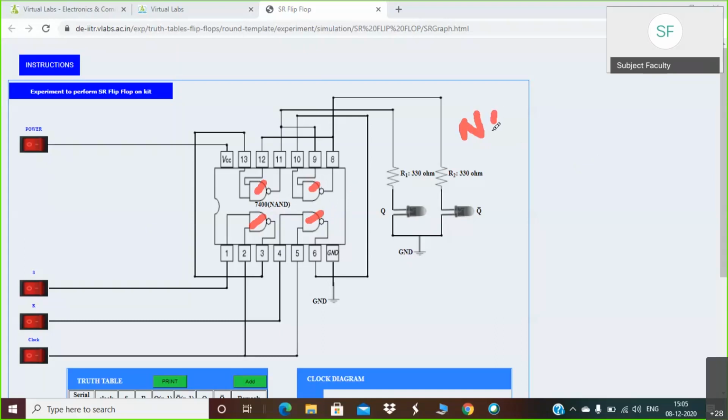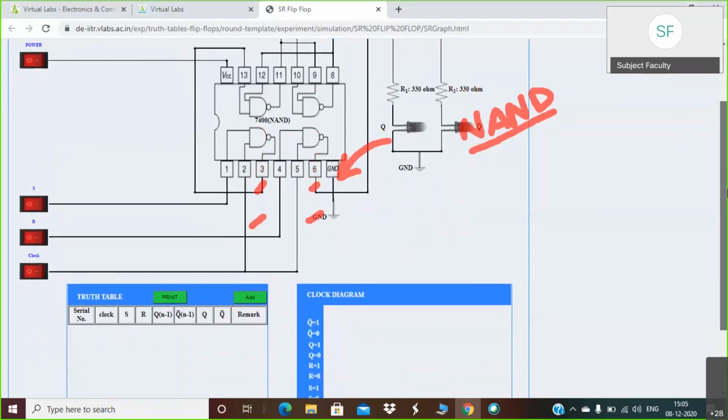Okay. Don't get confused. For the SR flip-flop, we have seen the circuit diagram with NOR as well as the circuit diagram with NAND. Since NAND gates have been used here, remember, you have to verify this truth table with the truth table of the SR flip-flop using NAND gates.